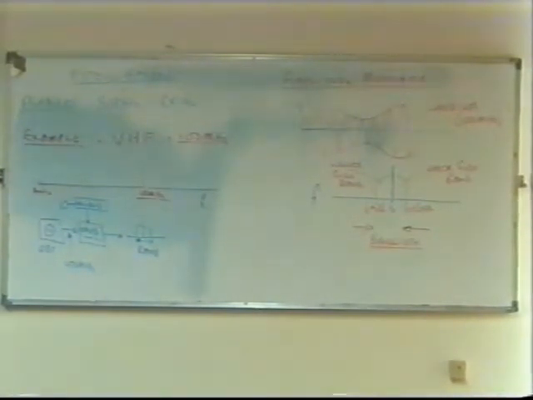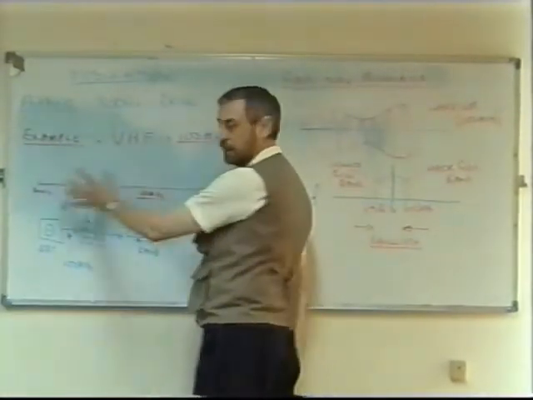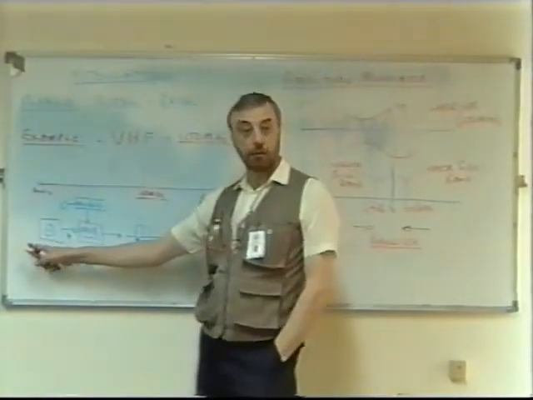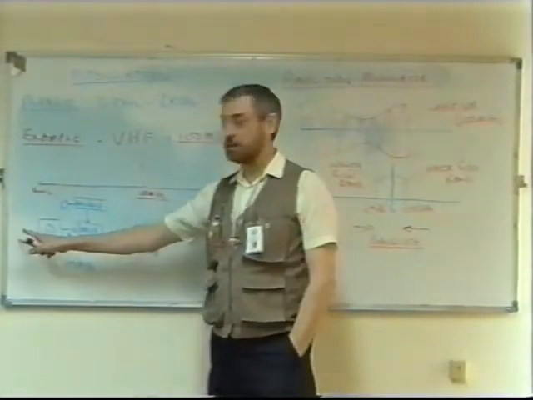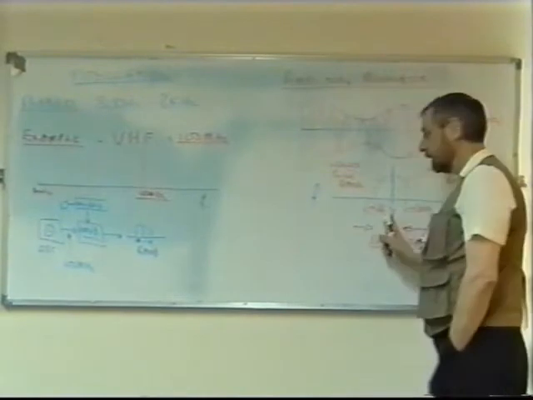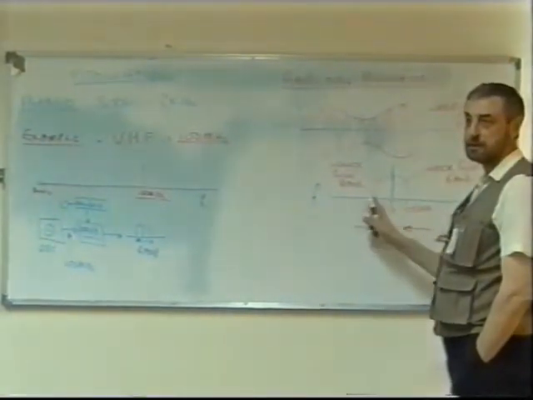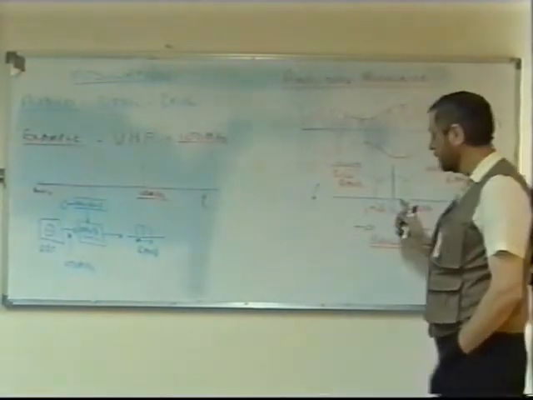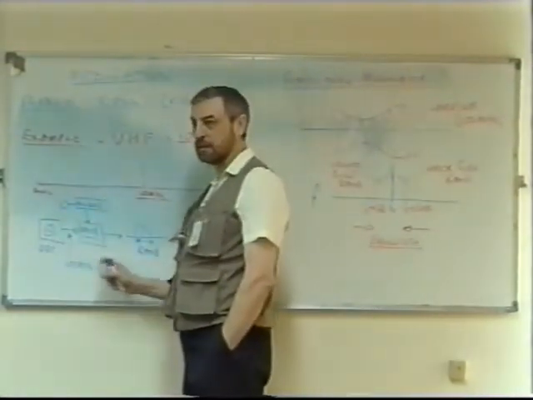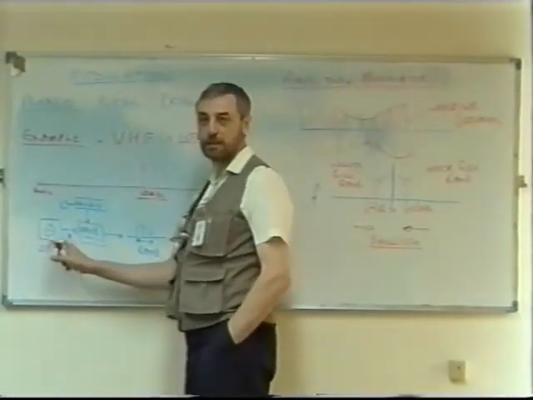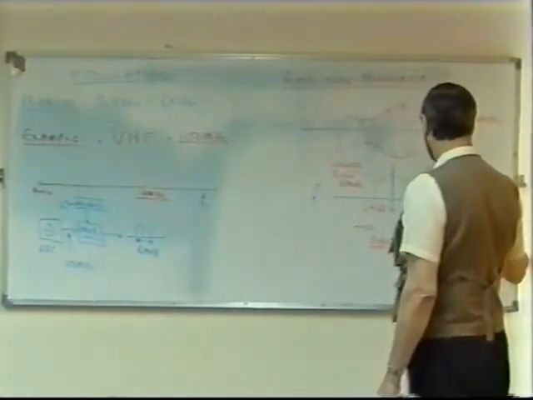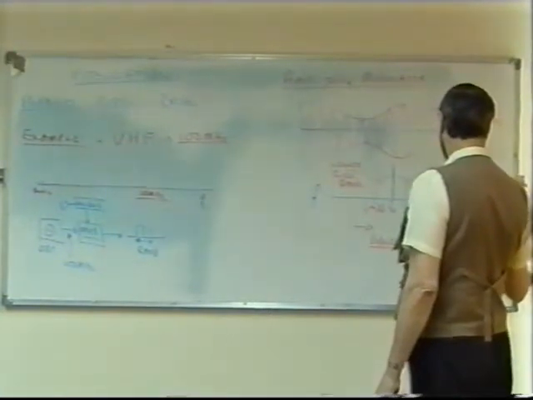Right, okay. In other words, he can use the same circuit. The only difference is this guy here would be different. It's no good him using a 100 megahertz oscillator, is it? Because if he uses a 100 megahertz oscillator, he's going to end up with exactly the same frequencies that he's going to transmit on as we're transmitting on. And of course you're going to get interference. So all he needs to do, he doesn't have to change anything else. If he changes this oscillator frequency, let's say he chooses, instead of 100 megs, he chooses something up here, out of the way. Maybe this is 101 megs,